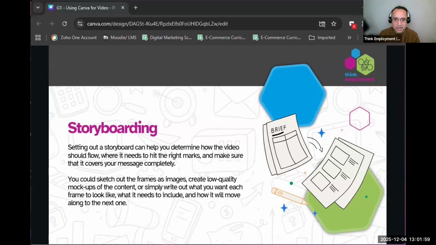You know exactly what you're going to create, so you're not wasting time. If you've got different people in your script, it's not always going to be easy to get those people together again. It takes time and effort, so you don't want to be missing scenes as well. So storyboarding is important, and sometimes you might not need a lot of